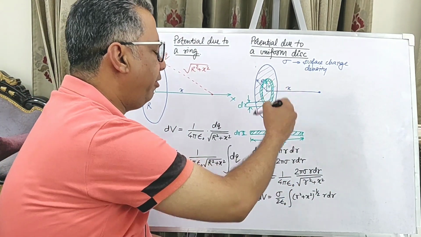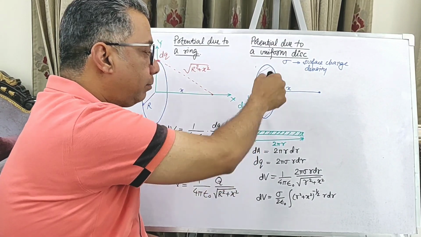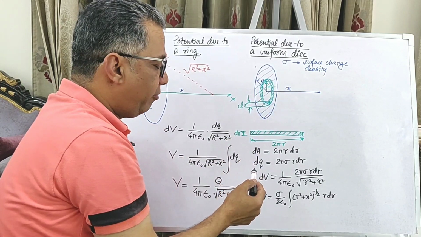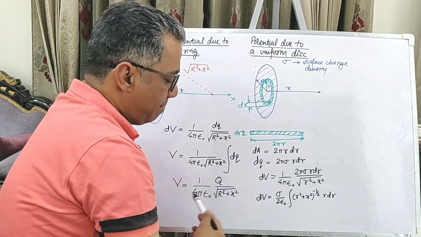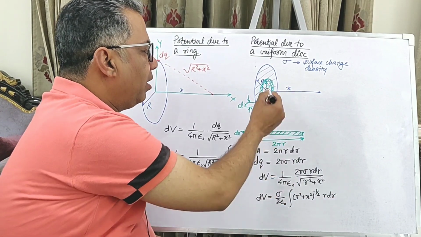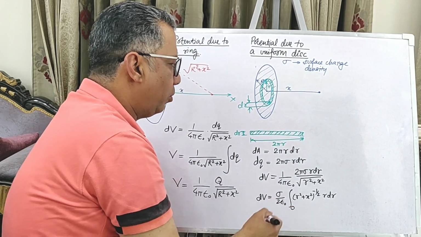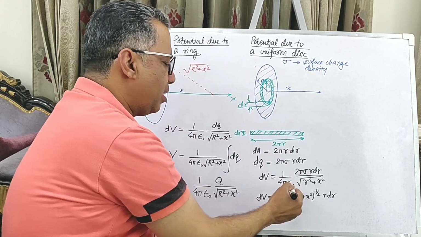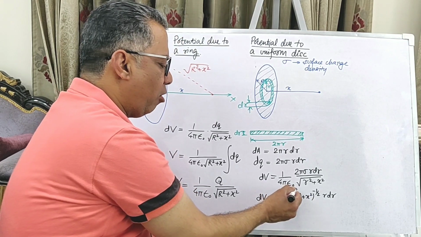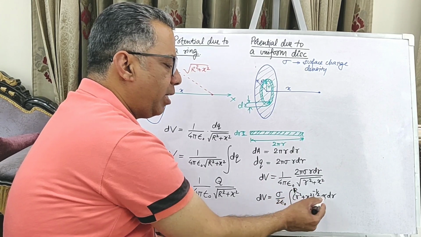And we will be integrating all over the disk. The disk is actually made up of all these rings, and we will be doing a summation of the potentials of the rings. So the innermost ring, the smallest ring, has a radius 0, and the outermost ring has a radius capital R. So we do an integration from 0 all the way up to capital R,